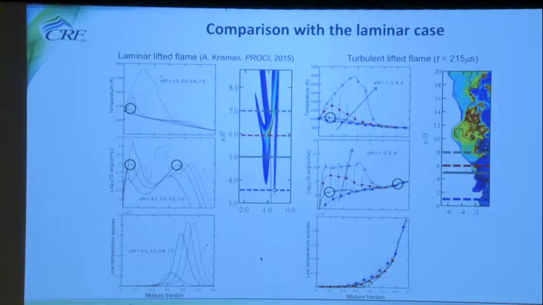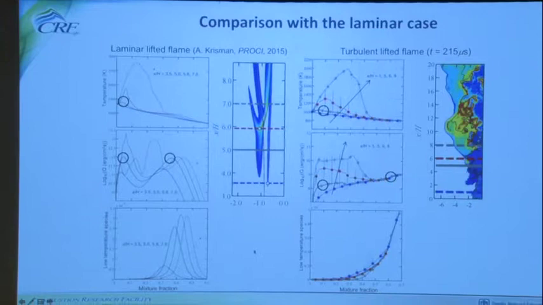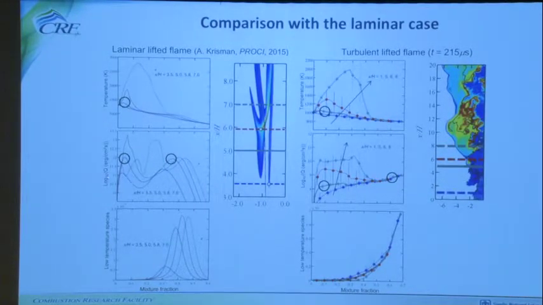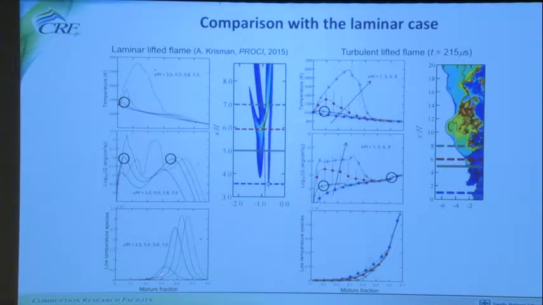So if we compare the statistics between the turbulent and the laminar case, on the left are the conditional statistics of temperature, log of the heat release rate, and the low temperature species with respect to the mixture fraction. And you can see the different colored lines as it evolves from the frozen mixing line, and it starts to ignite under these lean, close to stoichiometric conditions, and then propagates towards richer mixtures in time, or not in time, as you move spatially downstream. And likewise, for heat release, it starts out under these lean conditions, and then it also ignites under rich conditions later. This is in the laminar case. And the low temperature species also forms as a wave. It forms at about a mixture fraction of 0.3,